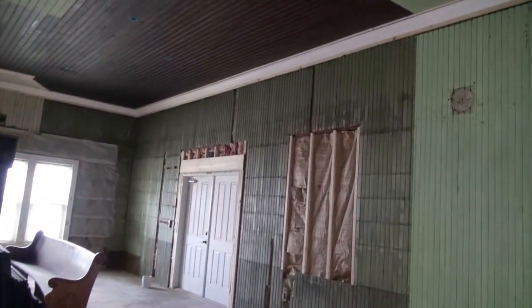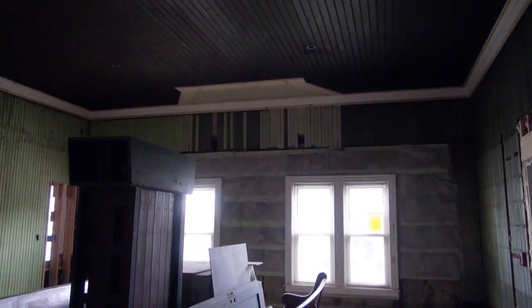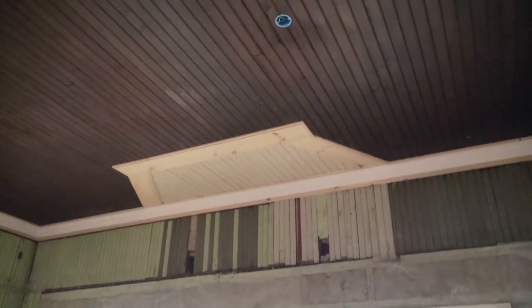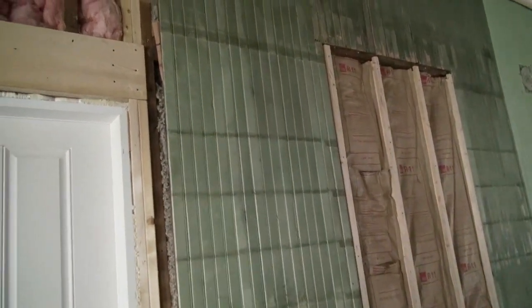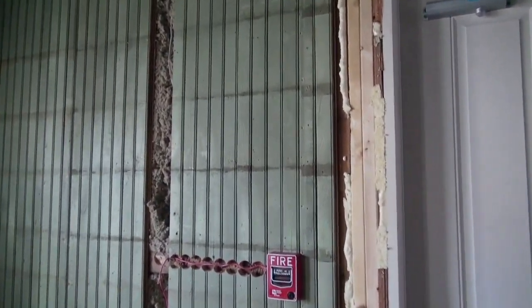And then on the front, of course, where the plate glass windows had been taken out many years ago, there's no wainscoting there at all. Where the doors had been, there's large sections of wainscoting missing, or it's mismatched in size, not just in color, but in size. Over on this side, there had been a window here and another window here, and both of those were taken out, and we put double doors in here, of course, which are loading doors. Again, we had to open up more wainscoting in order to get wiring in for the fire system and for emergency lights. And then over on the other side of the room, there was a door in this corner